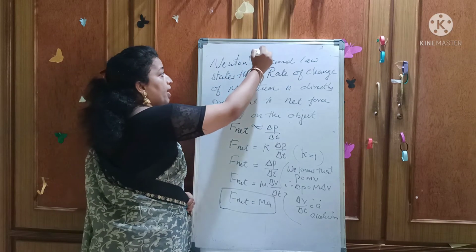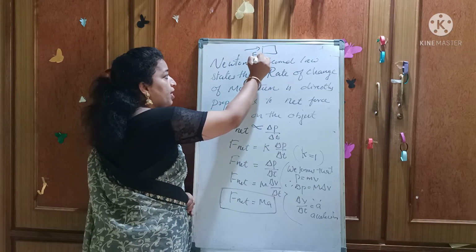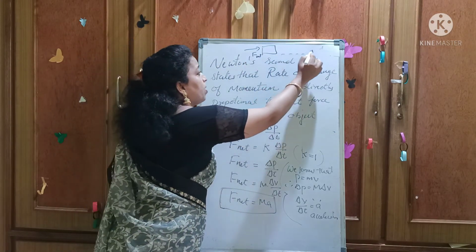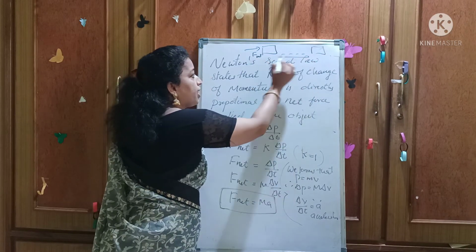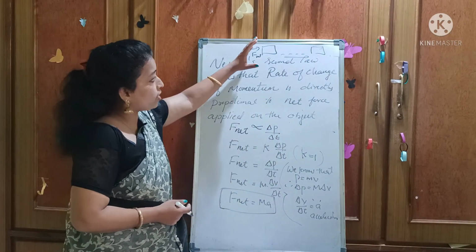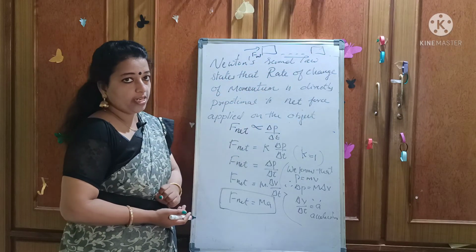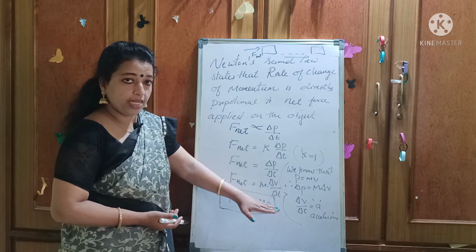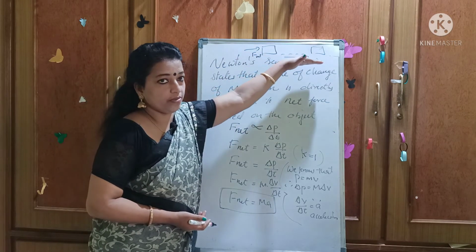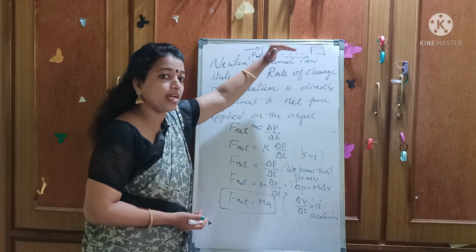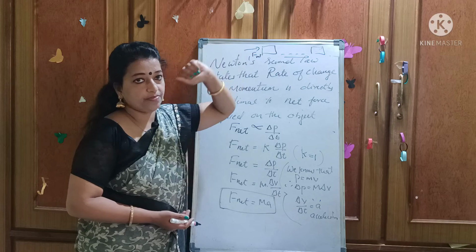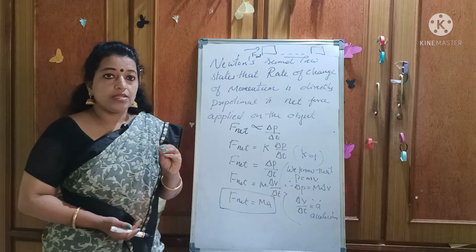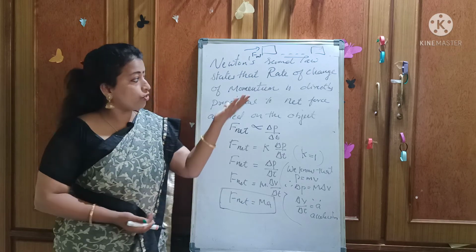Before, I told you that when I push the ice block in this direction, I am applying the net force on this ice block. It got the acceleration in the direction of the net force only. Here is my direction of net force, so the body also accelerated in that direction only. Understood? So net force produces an acceleration in the body in the direction of the net force. In which direction we apply the net force, in that direction only the acceleration will be obtained.